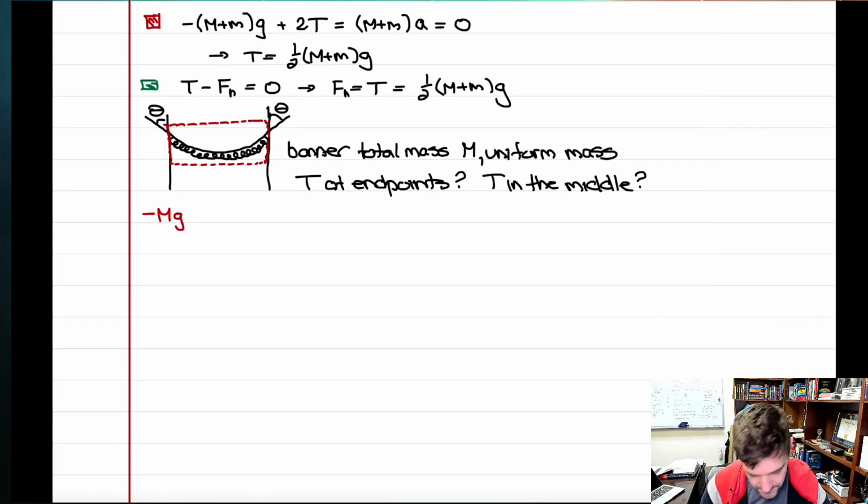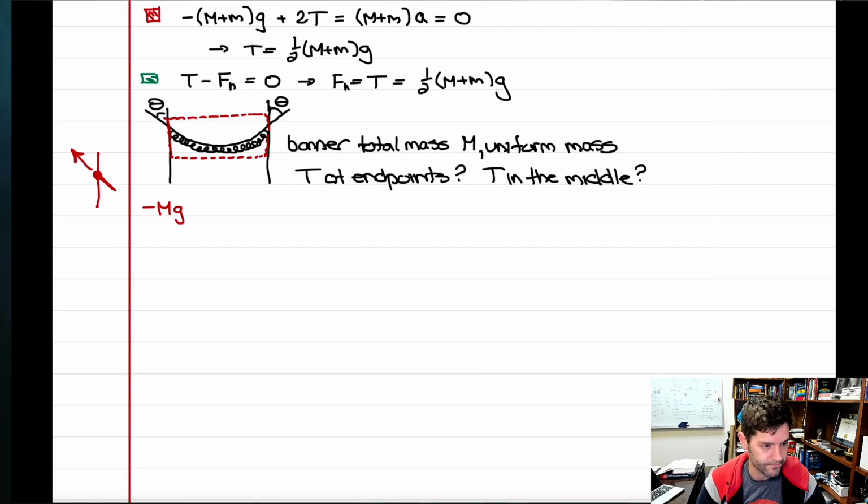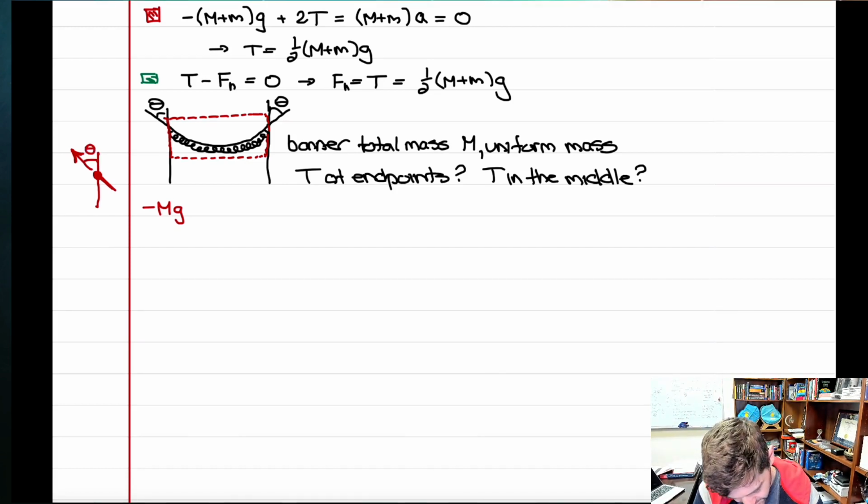And it's at an angle. If I just look at the left side, here's the wall, then the banner comes up here where it attaches to the wall. So the wall on the banner is going to be exerting some sort of force pointing in that direction. And we said that this angle here was theta. So this is the force on the banner from the wall,